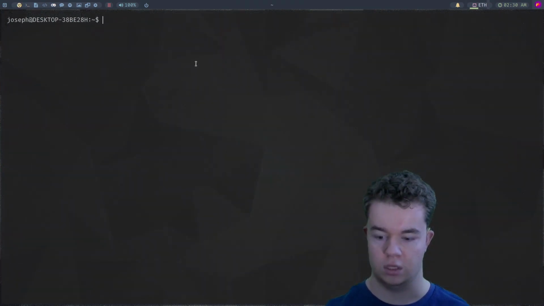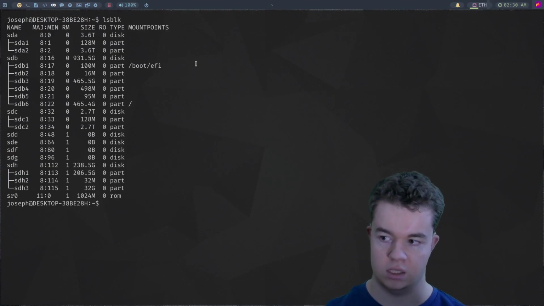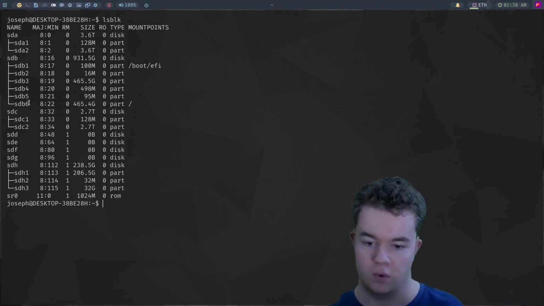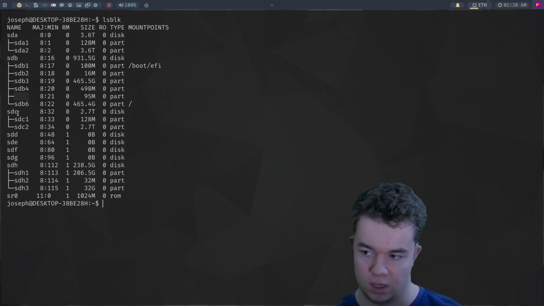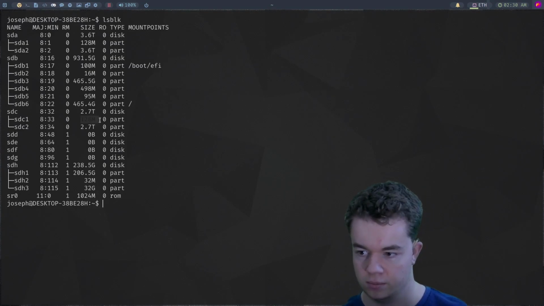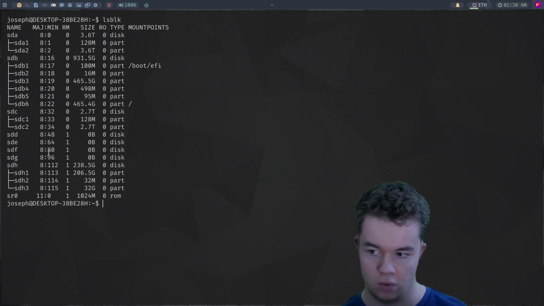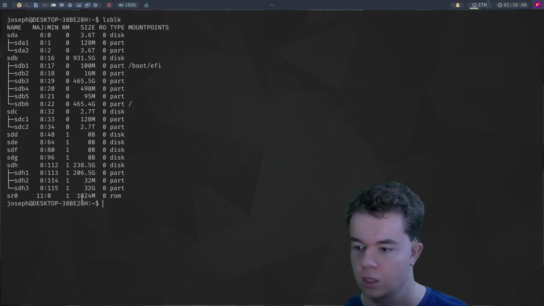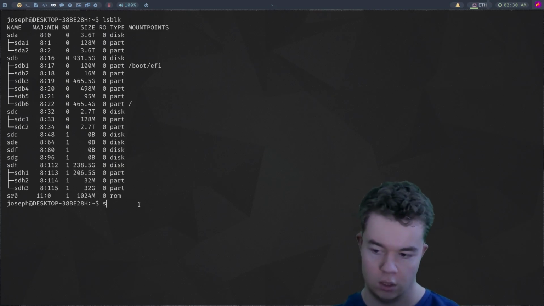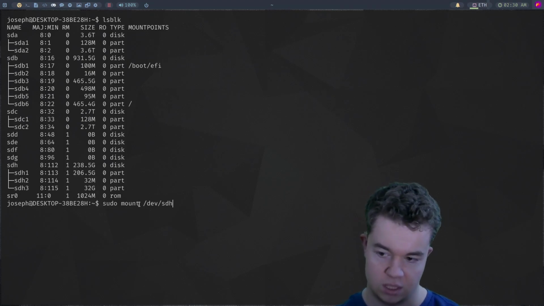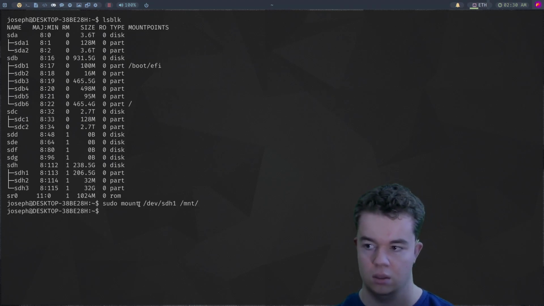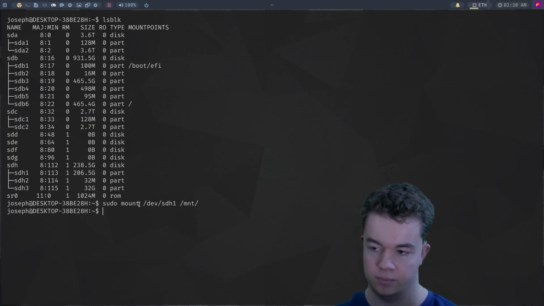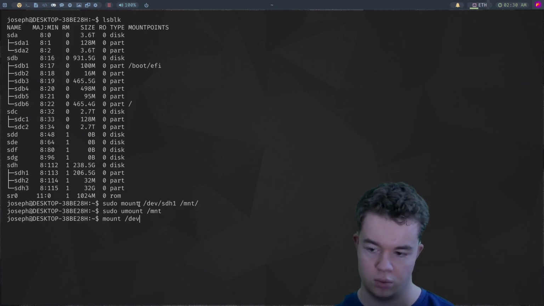So actually I will need a terminal because I need to access the media for it. I have a Windows XP disk that I've never used before. I just made an ISO of it, so hopefully we'll be able to use it in a VM. So what I want is sdh1. So let's mount /dev/sdh1 to /mnt, and then we'll be able to access files on there. Actually, can I do it without sudo? Then everything will get proper permissions,